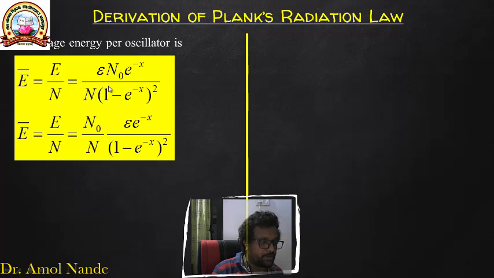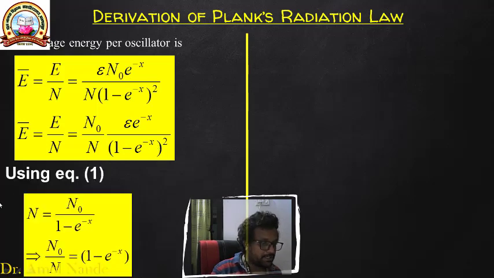अगर अपन ने इन दोनों को एक दूसरे जगह पे लिया तो what we get? n0 बाय n इज इक्वल टू, क्या बचा आपका? ये वाली बची हुई टर्म: ε e^(-x) / (1 - e^(-x))². अपने को इक्वेशन 1 याद करो, अपने पास क्या था? n = n0 / (1 - e^(-x))। उसके ऊपर से अपन क्या निकाल सकते हैं? n0 बाय n कर सकते हैं। इसको इधर लेके जाओ, इसको इधर लेके जाओ, what we left with 1 - e^(-x)।